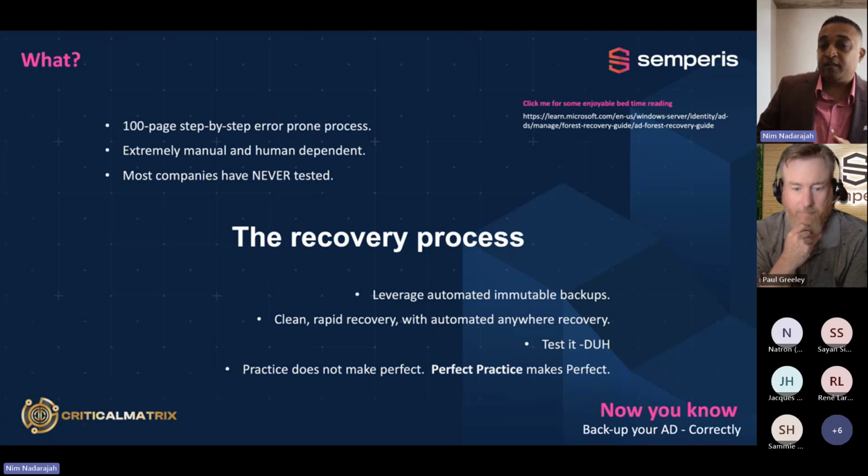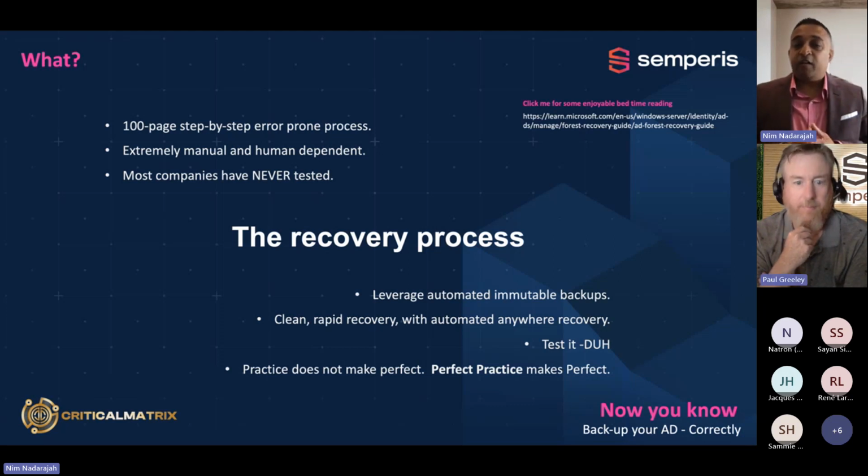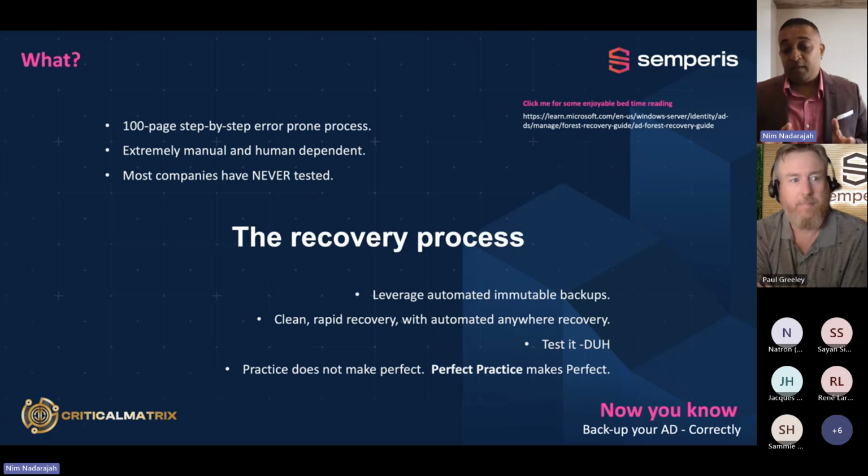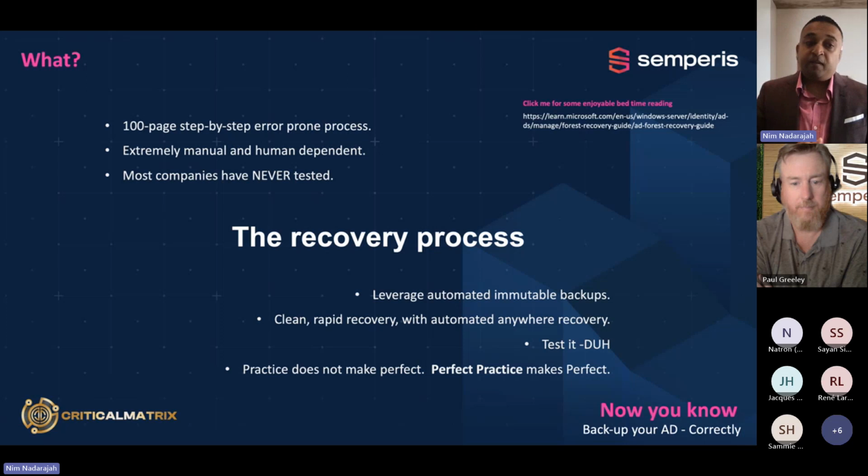And Active Directory, the identity, is always the last thing anybody wants to practice fixing because it's complicated. And we also don't know how it's configured. So if we break it during practice, we might not be able to fix it. So there's also that fear in the background, right? All I can say is back up your AD and back it up correctly. And I'm going to go back to saying use tools to do this, because without the assistance of tools and the pure dependence on humans, we're not going to be very successful.